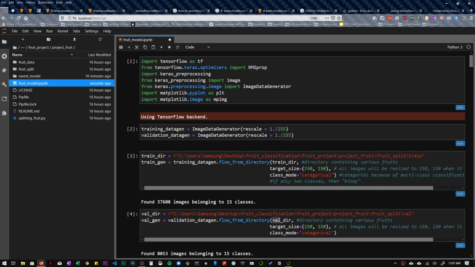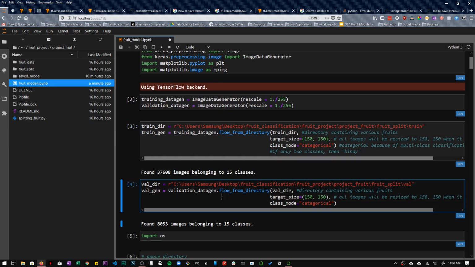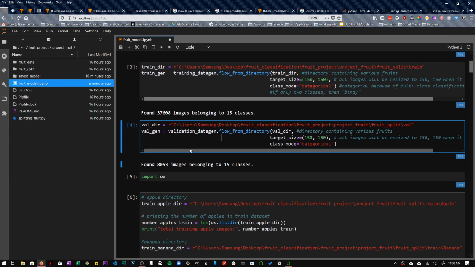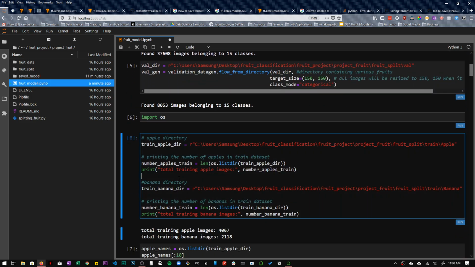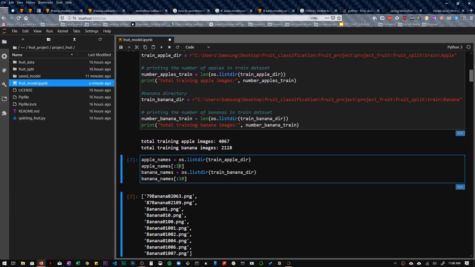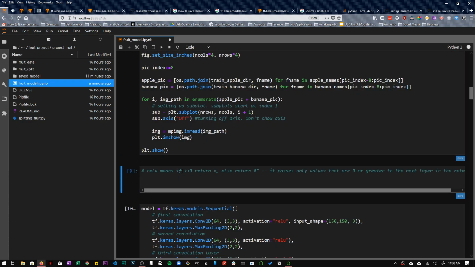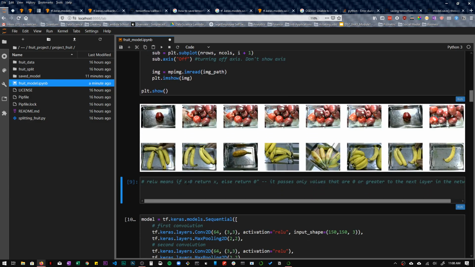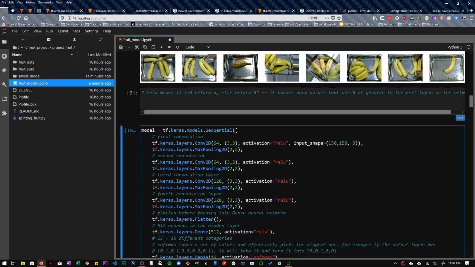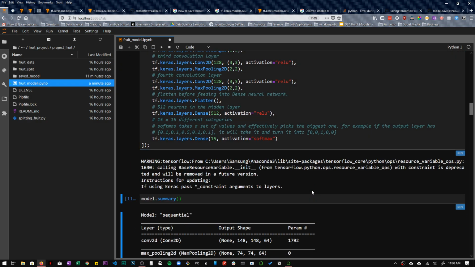Actually, I wanted to do something. I want to load this in batches of, it's 37,000, so it's going to take a while, let's just leave it. Okay. Let's go ahead and execute this.